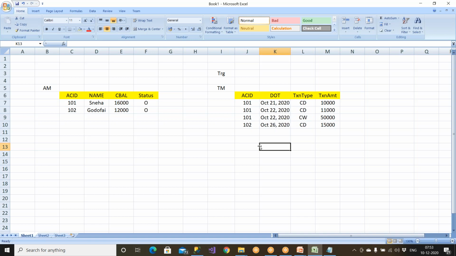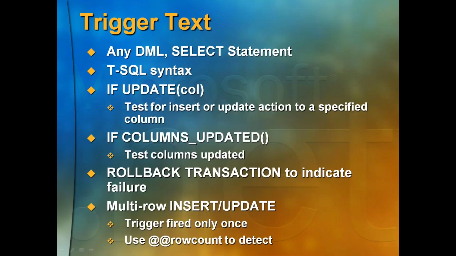So which trigger needs to be fired? People may ask: I have trigger one, trigger two, trigger three, which trigger has to be fired first? The sequence in which you create them is the sequence in which they are fired. If you create trigger number one first, that will get fired first, then the second one, then the third one. But what if I want to order my trigger sequence? If you want to order that, then